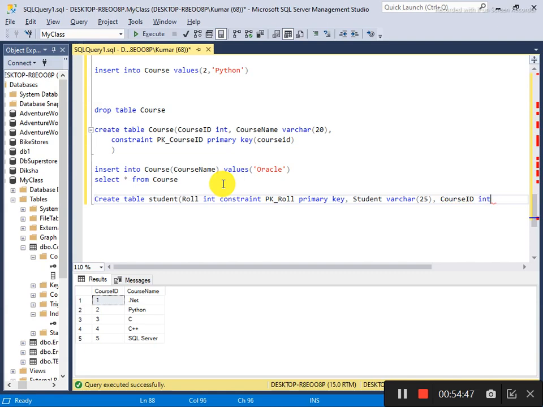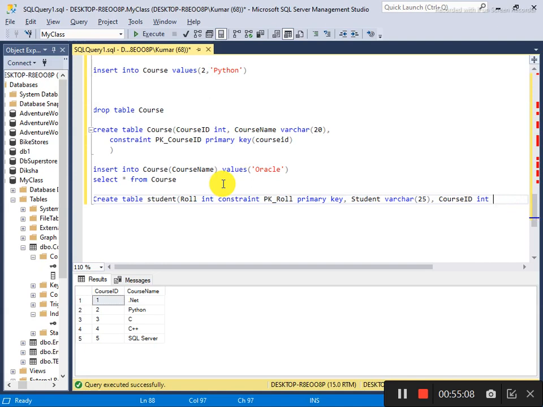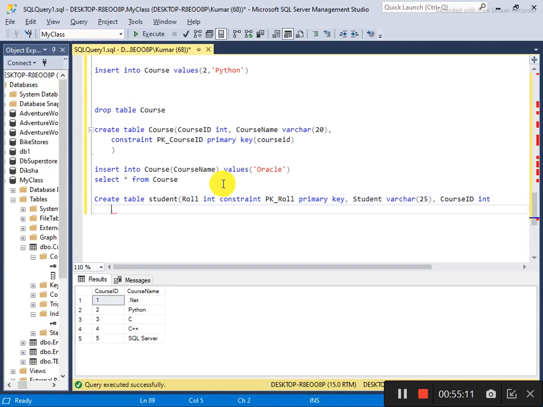So what kind of key? The primary key, which I already discussed, is in our course table. So say course ID int and say constraint, then you will say fk, and give its name, course id.